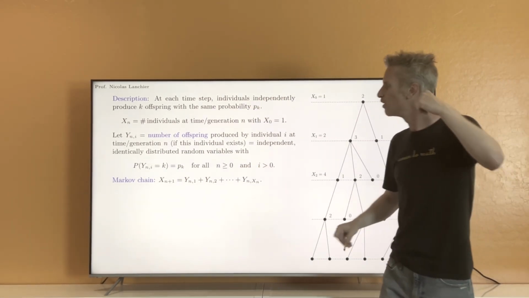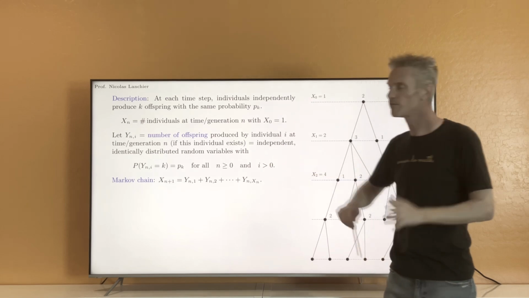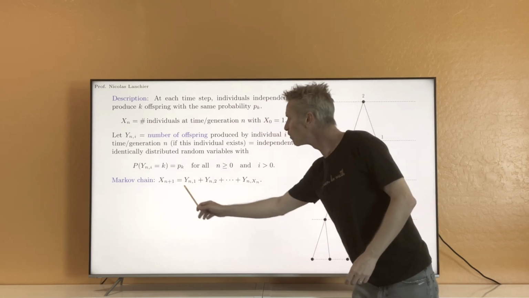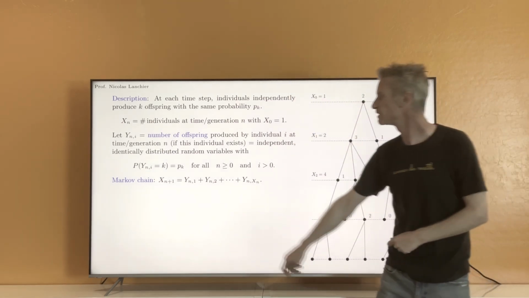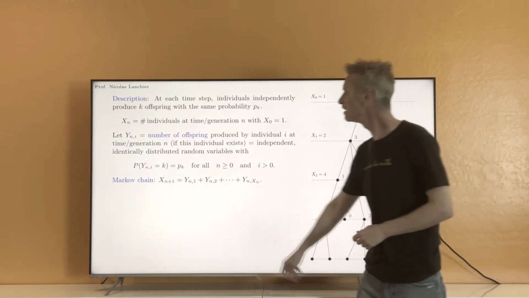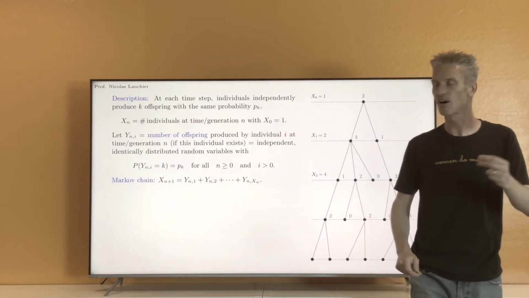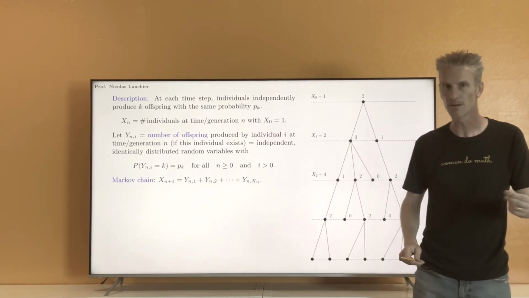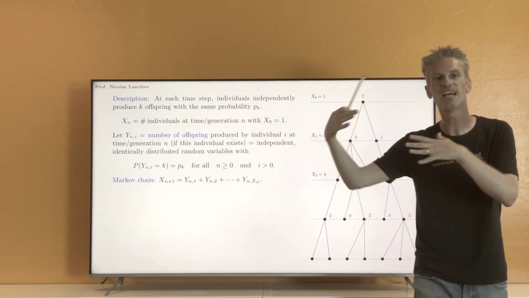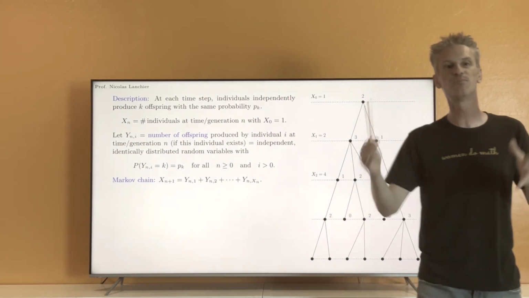And so you can write indeed X_{n+1} as a sum of random variables that are independent of everything else, but notice that the number of those random variables is equal to X_n. So this expression, the fact that those Y_{n,i} are independent of everything else, tells you that X_{n+1} indeed depends on X_n, but does not depend on X_{n-1}, X_{n-2}, X_{n-3}, and so on. So this expression alone tells you that your process must be a Markov chain.